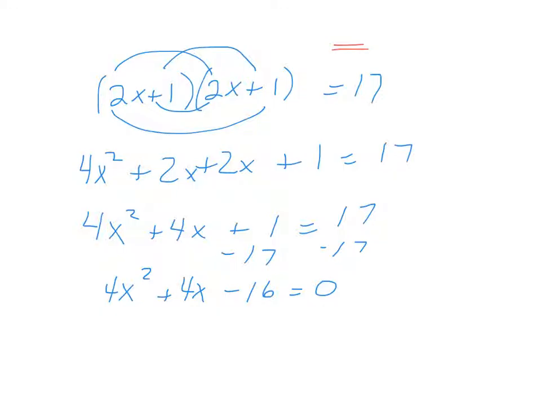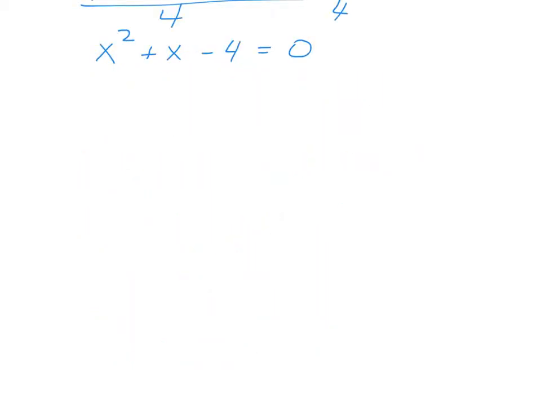Since I've got 4, 4, and negative 16, I could divide the whole thing, both sides, by 4 and get x squared plus x minus 4 equals 0. That we can tell is definitely not factorable because nothing that multiplies to 4 is going to add to 1. So I'm going to have to do the quadratic formula. And the quadratic formula is x equals negative b plus or minus the square root of b squared minus 4ac